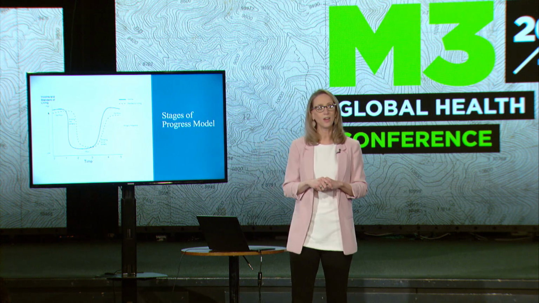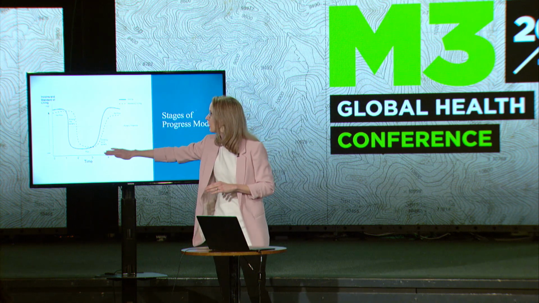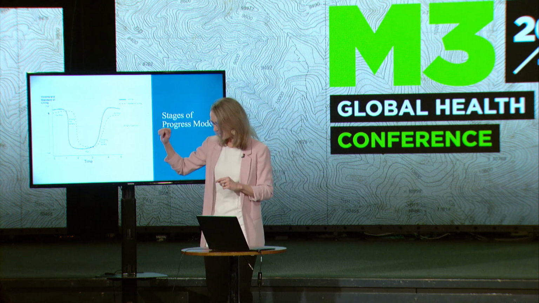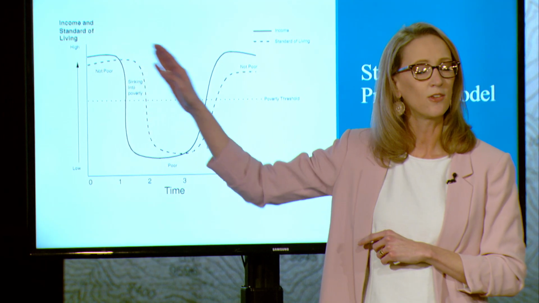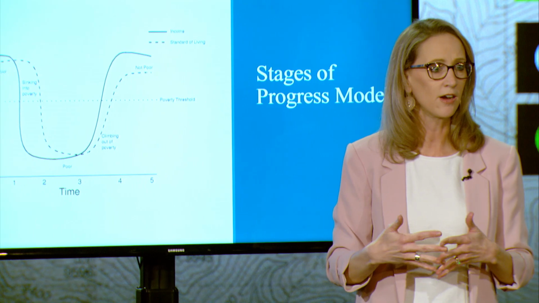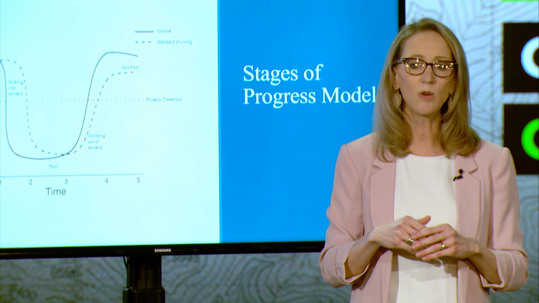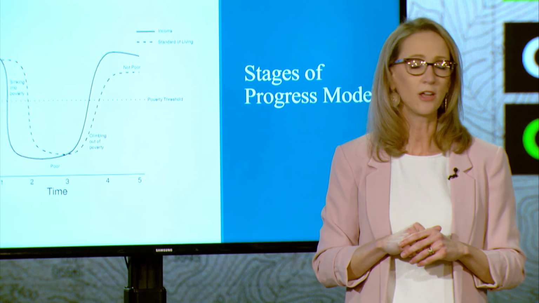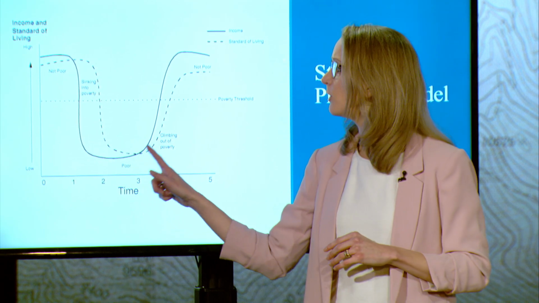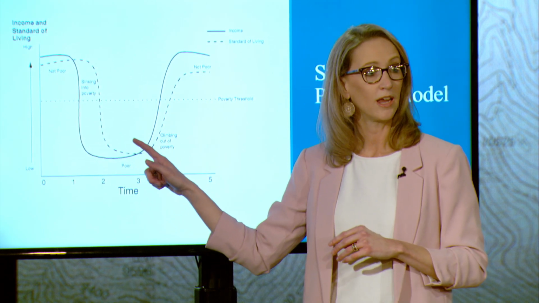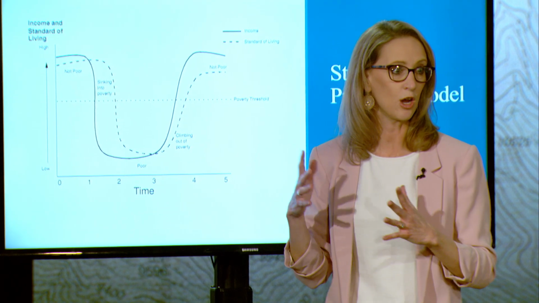We used what's called the stages of progress model. And what this does, you see the slope. It means that at the beginning of time, you have families that start out not impoverished. They're doing okay. Something happens though, an acute healthcare event happens, a heart attack if we think about here in the States. But I wanted to see if an acute surgical need would throw those families into poverty, which is this loop, and they would not be able to climb out. Or is it just acute and they're able to climb out? That matters for us doing economic work.